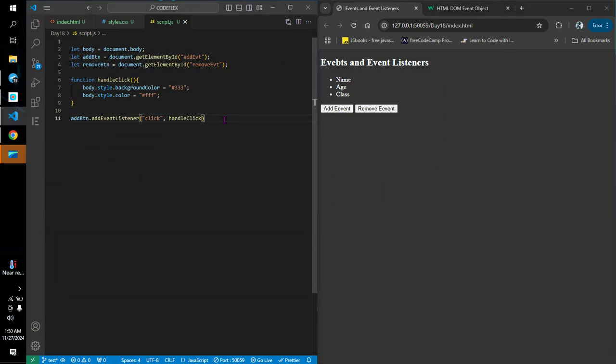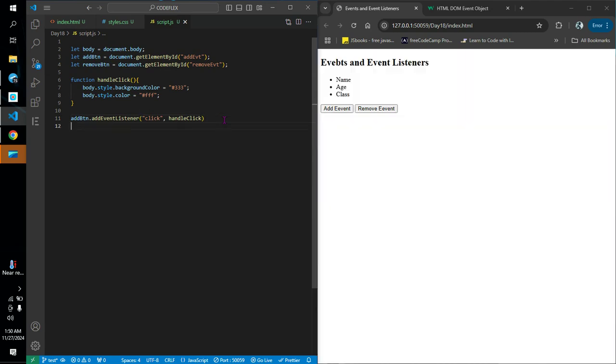So we can say, okay, we want to create another event that listens to when another button is clicked and wants to take off this particular style of our body, right? So I'll also come here and create another function here, and I'll say maybe